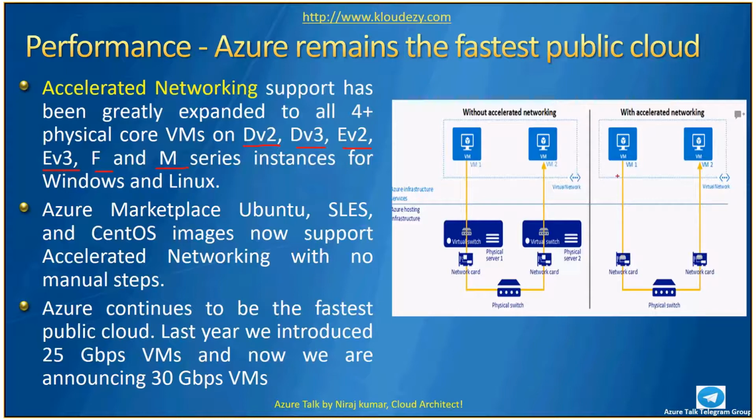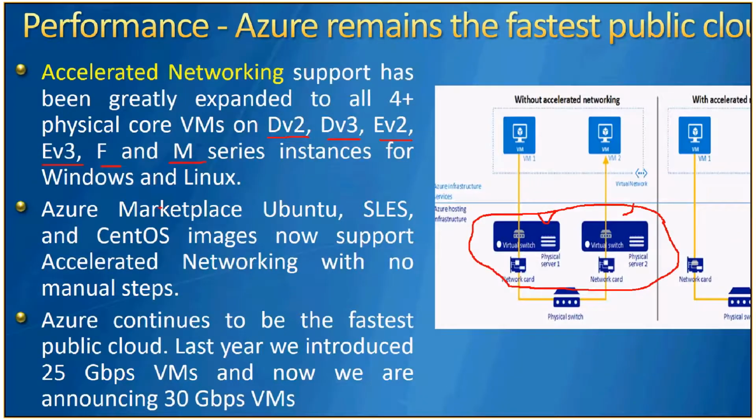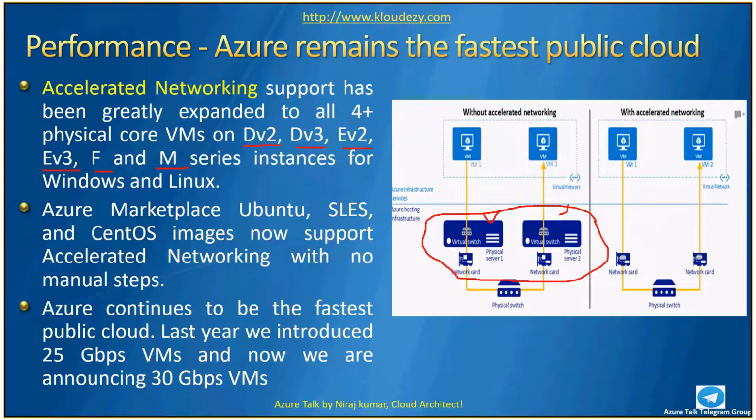Right now you're seeing in the diagram, without accelerated networking, a physical switch at the bottom, and then a virtual switch connected to the network card. That virtual switch applies rules like ACLs, network security groups, and how to pass on the traffic, everything required to isolate the network or NIC of one virtual machine. Those things are applied on physical server one and server two, where you see the virtual switch. The virtual switch is the main component which applies these rules.